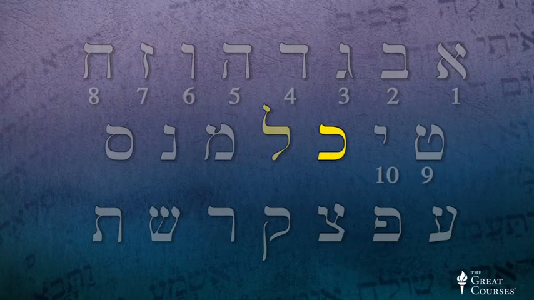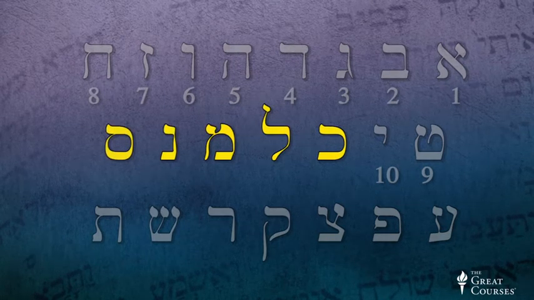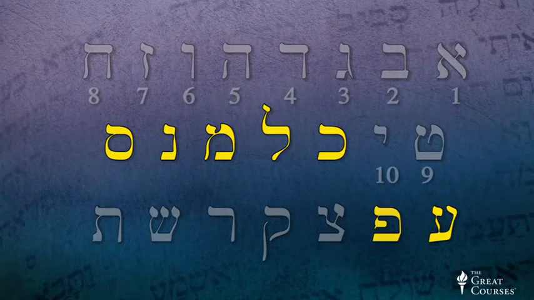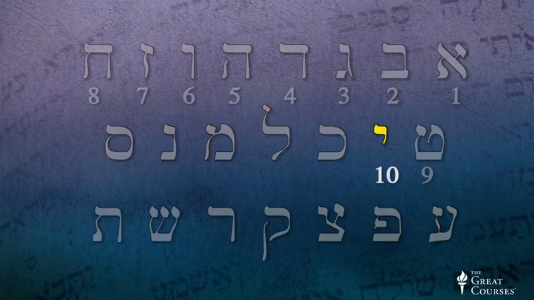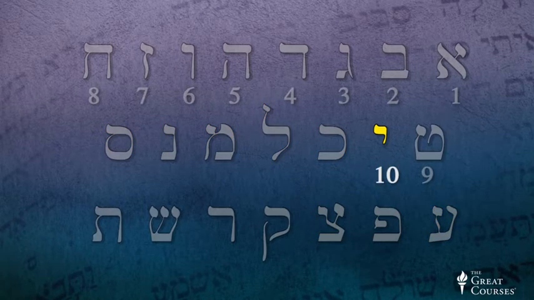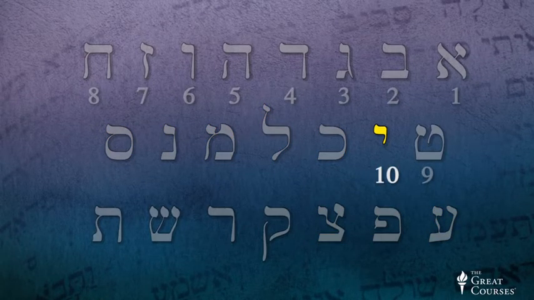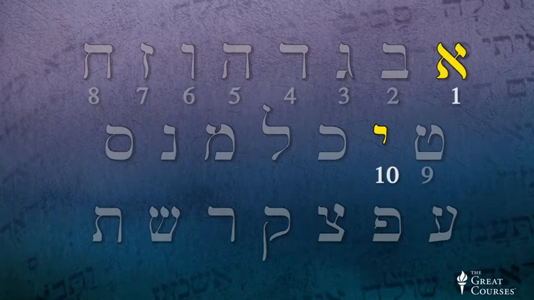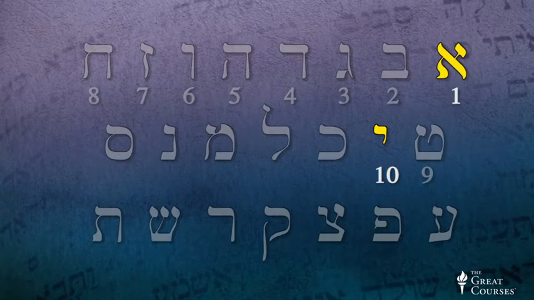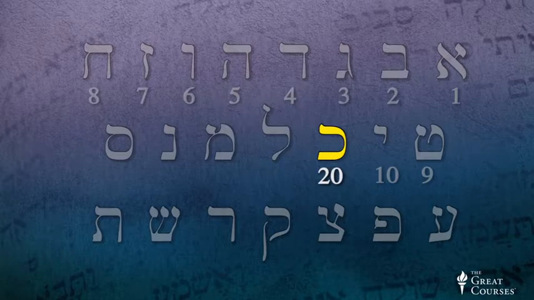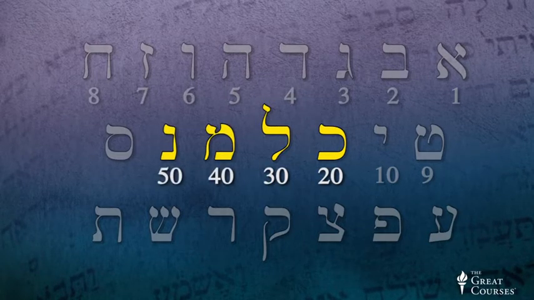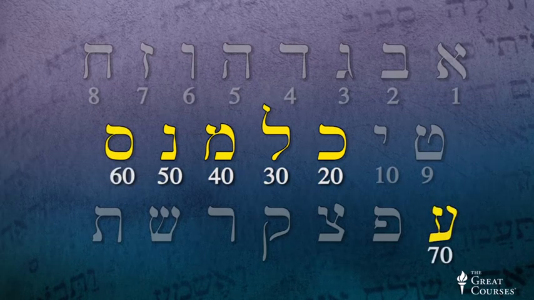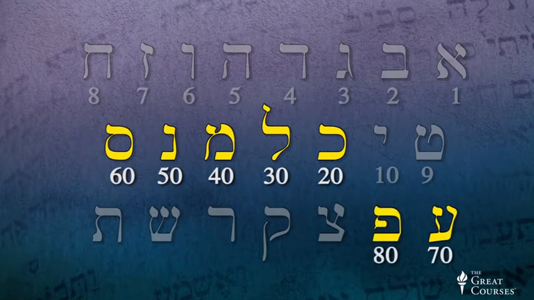K-L-M-N-O-P, Kaf, Lamed, Mem, Nun, Samach, Ayin, Pei, Tzadi. They can be used as numerals too. Yud is 10, but we don't need Kaf to be 11. We can make that by combining Yud and Aleph. So these are the next higher numbers in the tens column. Kaf equals 20, Lamed equals 30, Mem equals 40, Nun equals 50, Samach equals 60, Ayin 70, Pei is 80,